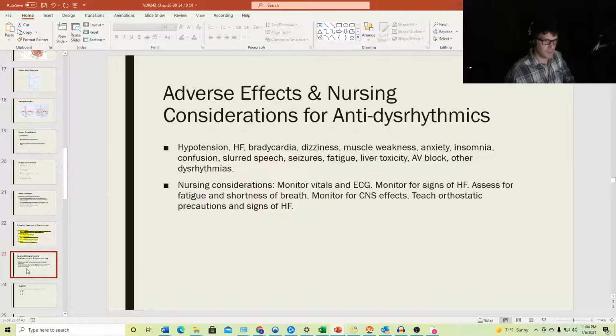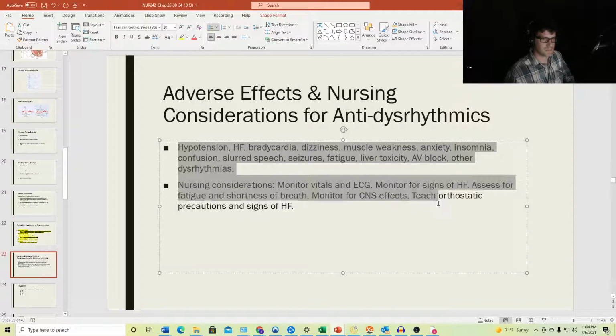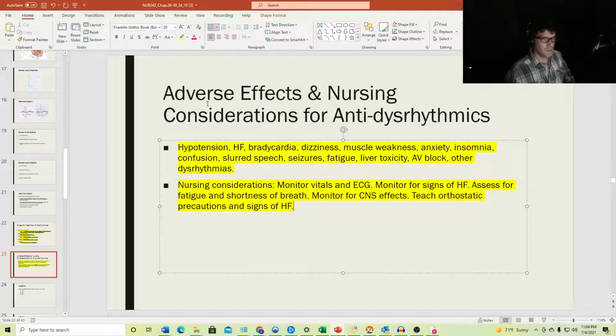So the other thing we have to know, I'm going to go ahead and highlight all this: adverse effects and nursing considerations. And I think it's probably respectively. So adverse effects are hypotension, obviously. I don't know what HF is, just another abbreviation. Bradycardia, dizziness, muscle weakness, anxiety, insomnia, confusion, slurred speech, seizures, fatigue, liver toxicity, AV block, and